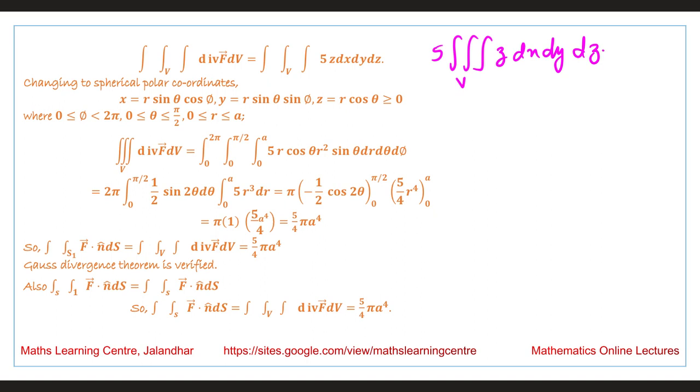Using spherical polar coordinates, we get 5 triple integral r cos theta r square sin theta dr d theta d phi. The limits are 0 to a, 0 to pi by 2, and 0 to 2 pi. And on solving this